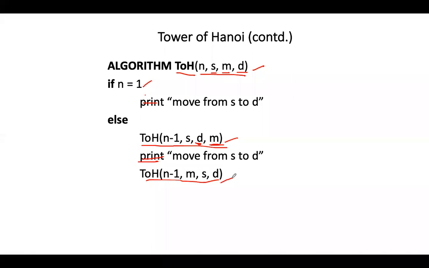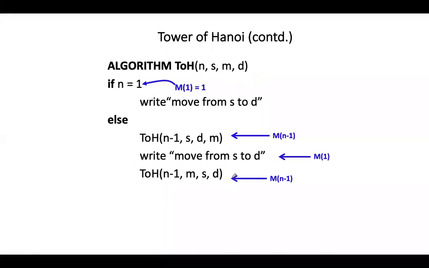For this algorithm, we need to find out the efficiency. Okay, so if we identify the basic operations, these are the basic operations. If the n value is 1, then M of n will be 1. We will come to this condition in the end. And one more time, we are calling here, this is one of the basic operations, M of n minus 1. Okay, this is also an operation, M of 1. And this is also one more basic operation, M of n minus 1.